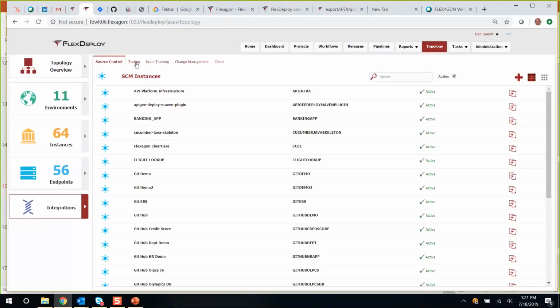Test tools. So if you're using utPLSQL, as I mentioned, or if you're using many other test tools that are in the market, how do you configure FlexDeploy to do that? Right, integrate with those tools, or issue tracking like Jira, change management like ServiceNow, and then very importantly, you might be running your Apex and your databases all on-prem today. You might be, or have moved some of that to the cloud,